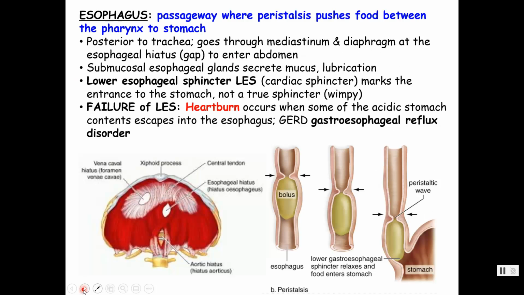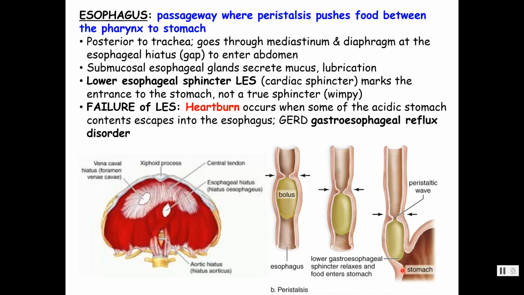The esophagus goes through the mediastinum, so it's going to run through the thoracic cavity, and it's going to exit from the thoracic cavity into the abdominal cavity through the esophageal hiatus. And so the diaphragm is going to contract and then relax upon breathing. This sphincter right here, the lower esophageal sphincter, its other name is the gastroesophageal sphincter, is going to relax to receive